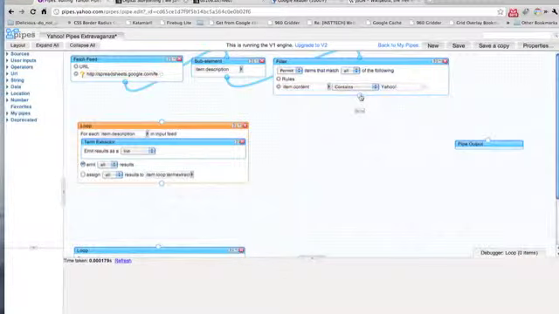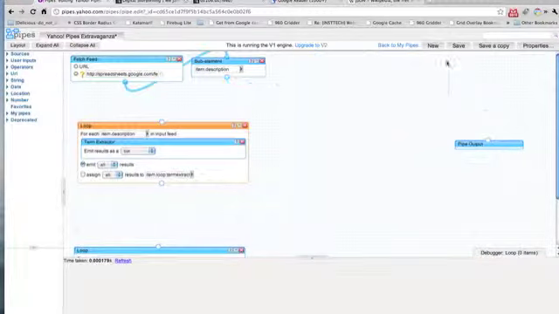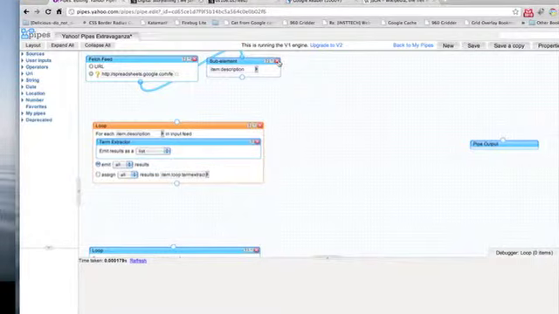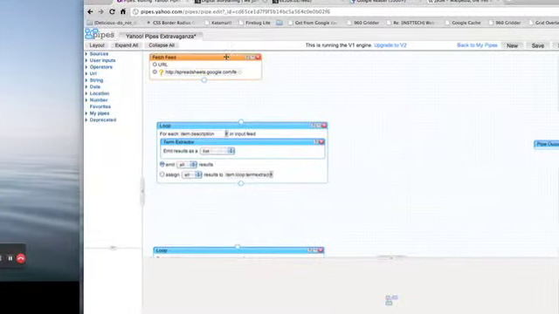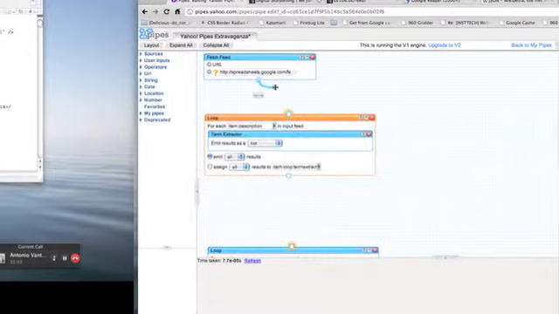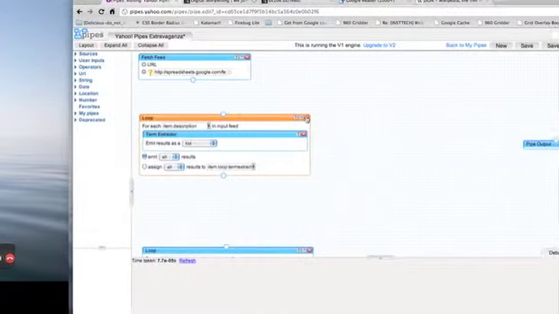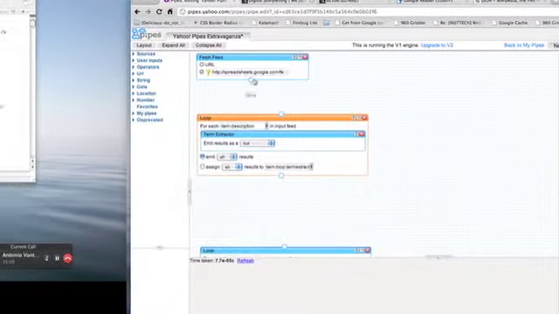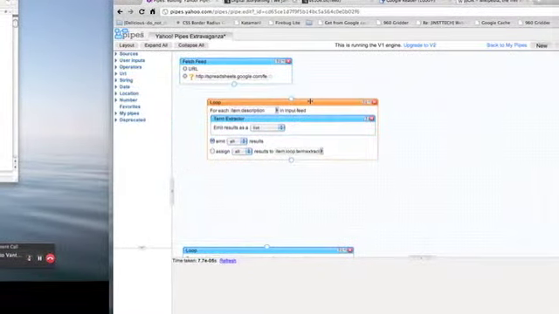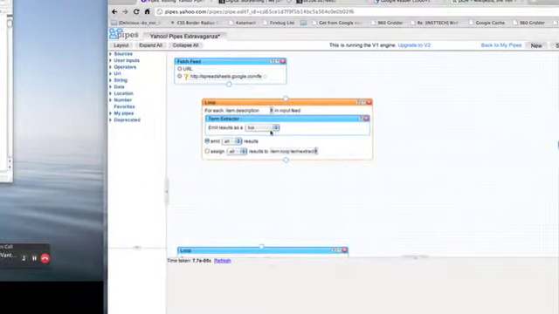I'm going to take out my filter, and I'm going to take out my item description. Actually, yes, this is the one that I want. Okay, so I'm going to take my original feed, and I'm going to connect it to a very special operator